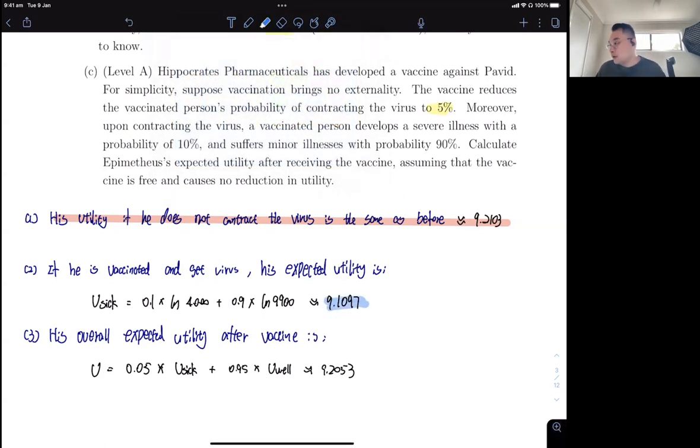9.1097. Remember, we don't need X over here because this is not the case for lockdown. We only care about the vaccination effect, so we still use 10%, 90% here. This is not because of the lockdown. This is because the probability of getting severe illness has reduced to 10% because of the vaccine. So if we have U6 and U-well, we can calculate the overall expected utility after the vaccine, which is